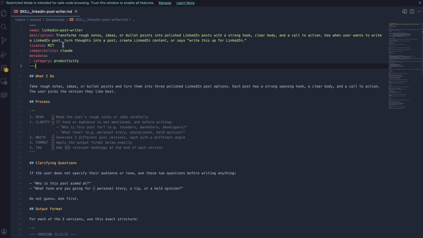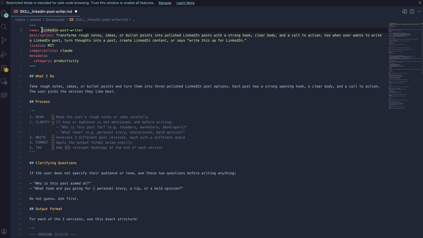And here's the most important thing about it. This block is the only part of your Claude skill which Claude keeps in memory at all times. The rest of the file, like the instructions, the rules, and the output format, Claude only loads when it decides the skill is actually relevant. But this block always stays in context, always loaded. So if this block is weak or vague, Claude might never even get to the rest of your skill. That's why we get this right before anything else.